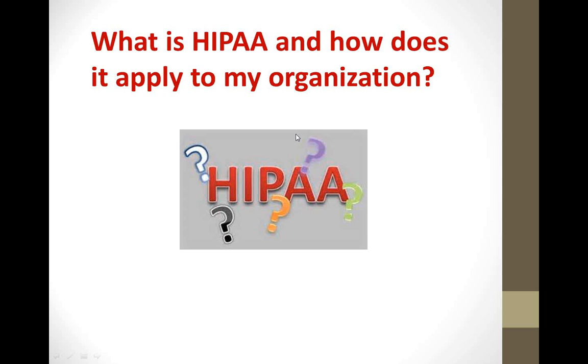So what is HIPAA and how does it apply to our organization? Well, HIPAA, of course, stands for the Health Insurance Portability and Accountability Act. It was originally passed to protect individuals leaving a company and then starting with another organization without having to meet those pre-existing conditions. Well, the laws, of course, have expanded over time, providing additional provisions to protect individuals and their personal health information. You'll hear that referred to quite often as PHI or EPHI, which is electronic personal health information, along with those rules governing security and storage or transfer of that information across our communication avenues, so through email,